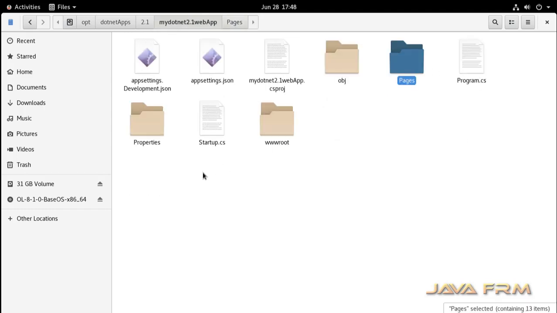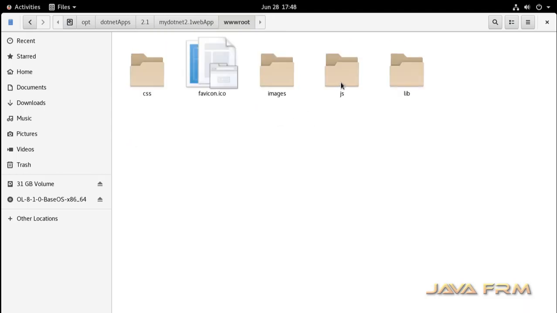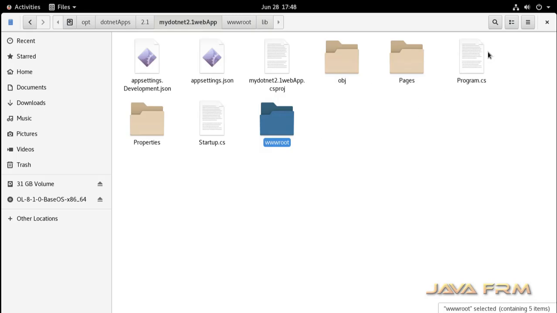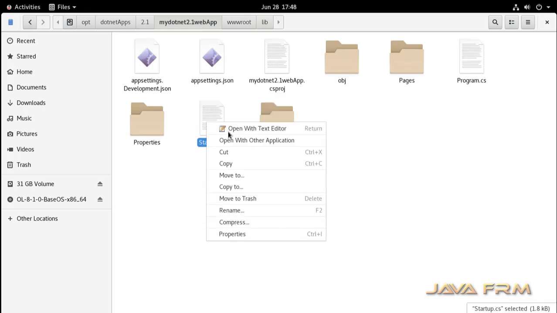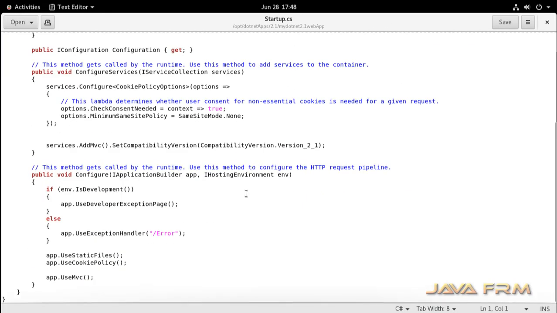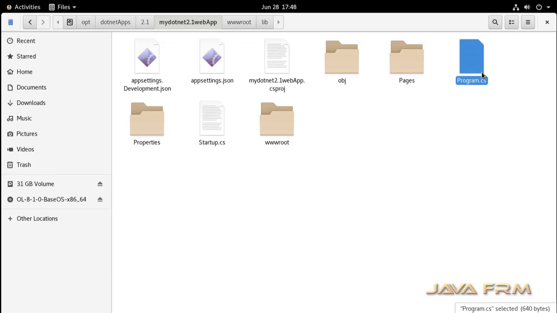You can see a lot of HTML and JavaScript generated. Inside wwwroot you can see JavaScript, and inside the lib directory you can see the latest JavaScript frameworks like Bootstrap and jQuery. You can see that C# files are also generated. If you are an expert, you can add logic to these C# files. I think two C# files are generated, Startup.cs and Program.cs.